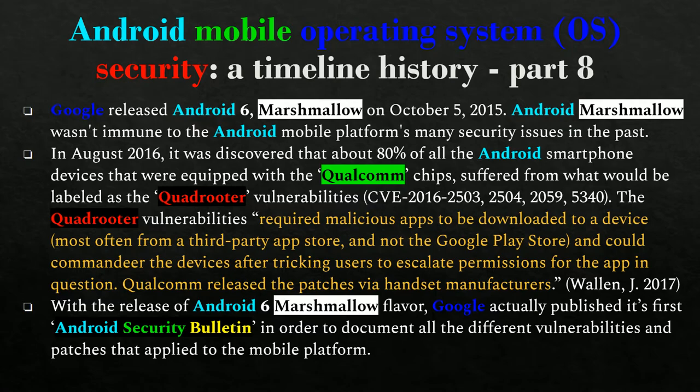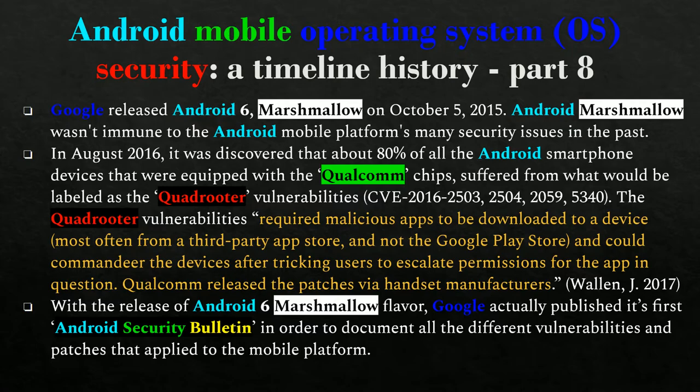In August 2016, it was discovered that a very large percentage of Android smartphones, about 80%, that were equipped with Qualcomm chips suffered from what was labeled the Quadrooter vulnerabilities.